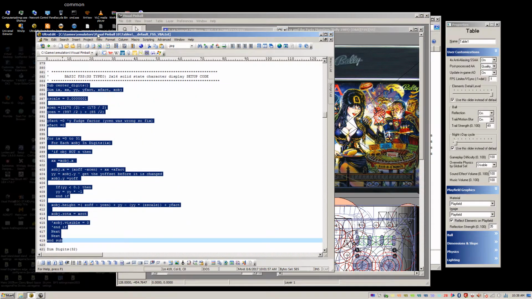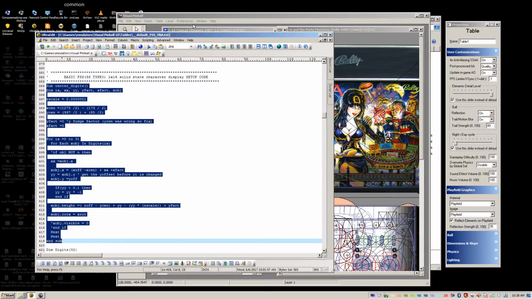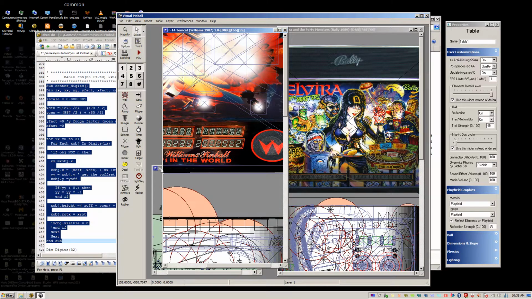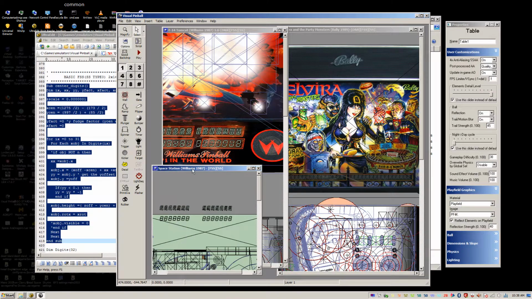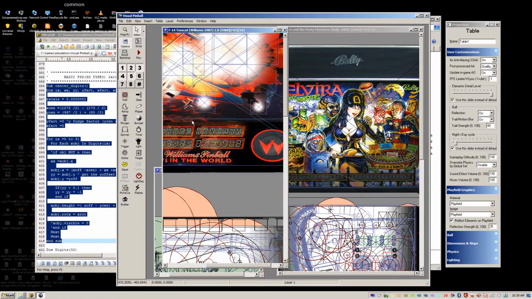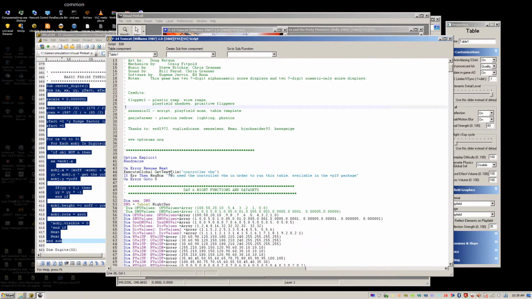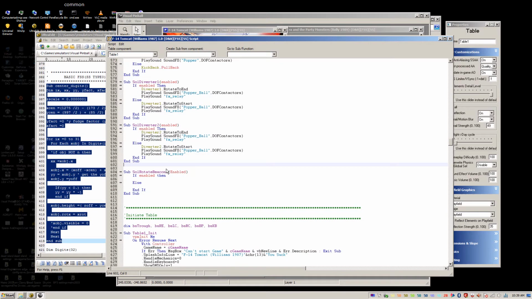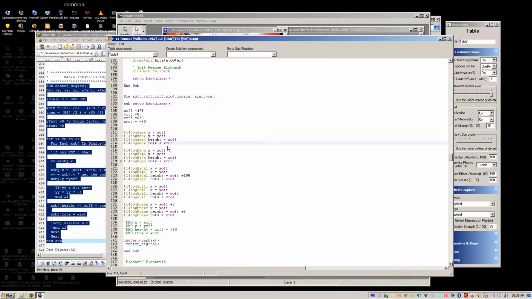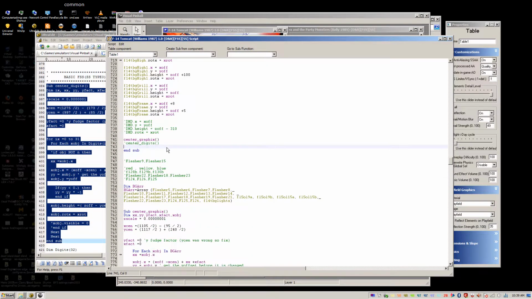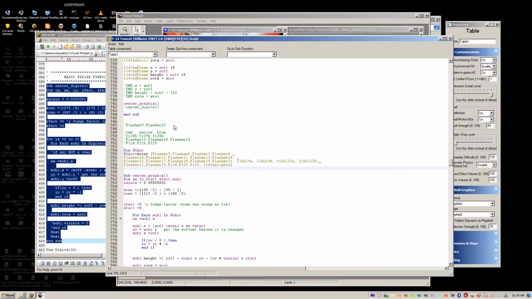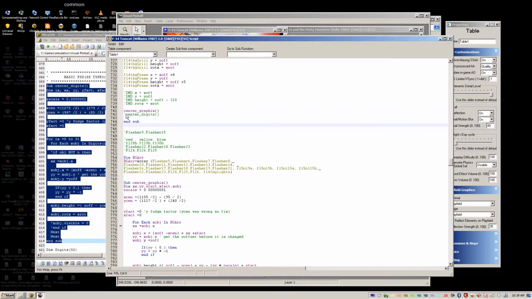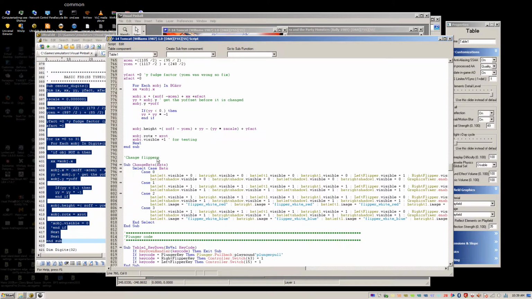Anyway, so you go into your code, and I'm keeping a Space Station open, because I'm going to grab a chunk of code from there, all the declarations. So I opened up the script for F14 Tomcat, go down to, I've already added all the GI day and night, all that. Everything's added except this code for the 7 and 16 segment displays. So I'm going to paste that here